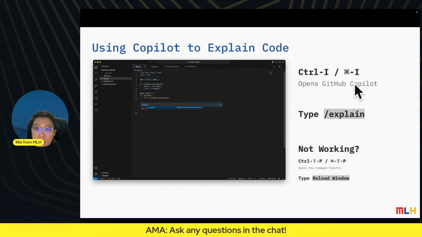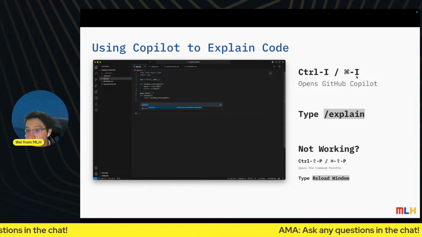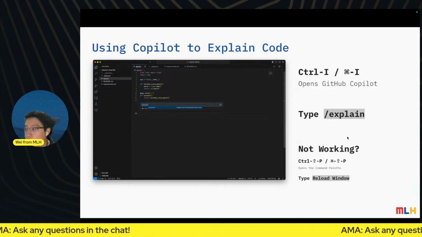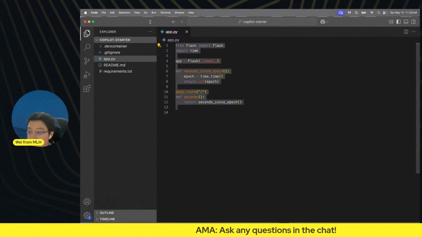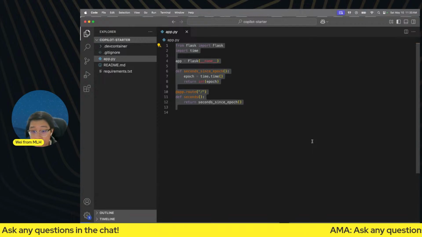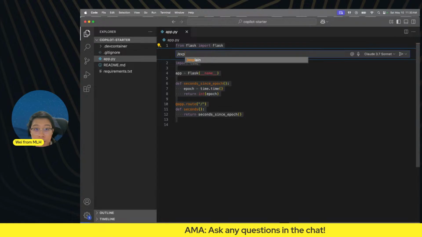is open up the GitHub Copilot prompt, which is Control-I on Windows or Command-I on macOS. And you can type in /explain. So this is the first command we're going to show you. I'm going to select the piece of code I need the explanation on, press Control-I on Windows, Command-I on macOS, and just type in /explain.